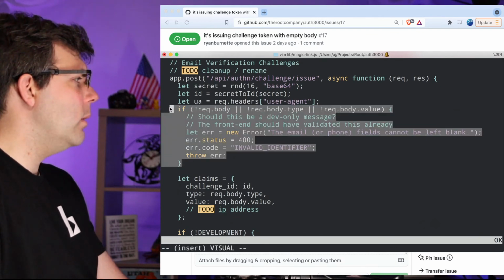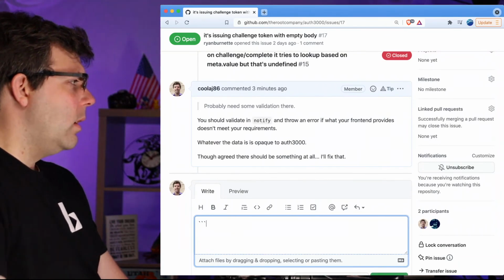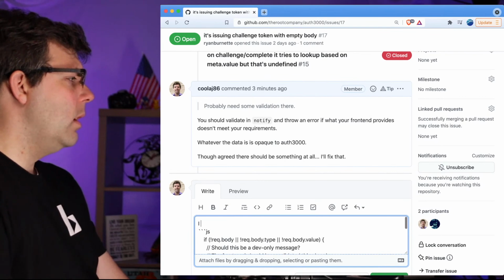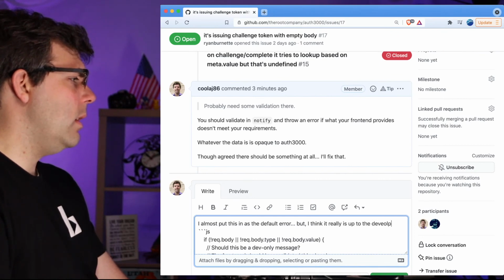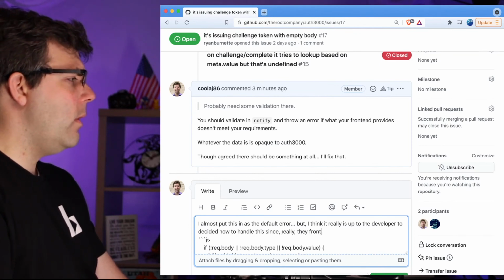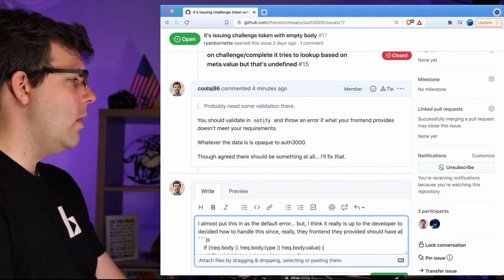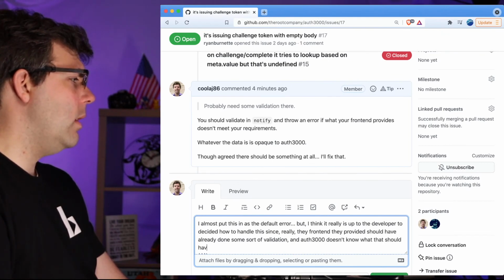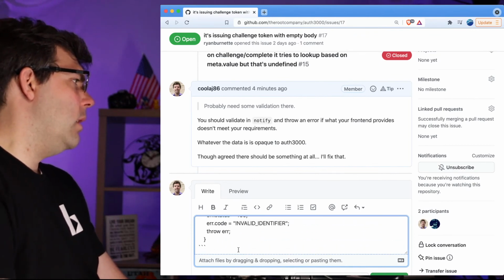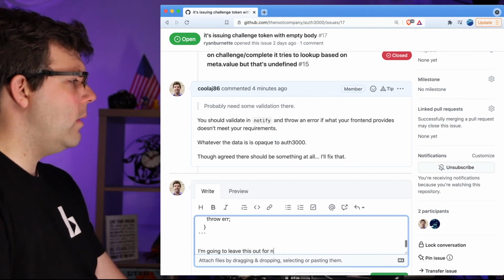Yeah, I'm going to copy this and I'm going to bring this over. This is good for discussion. Okay. I almost put this in as the default error, but I think it really is up to the developer to decide how to handle this, since really the front end they provided should have already done some sort of validation, and Auth 3000 doesn't know what that should have been. I'm going to leave this out for now,